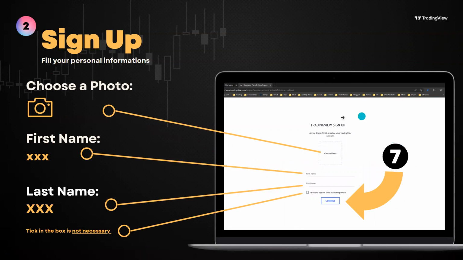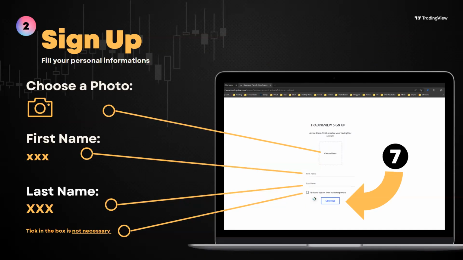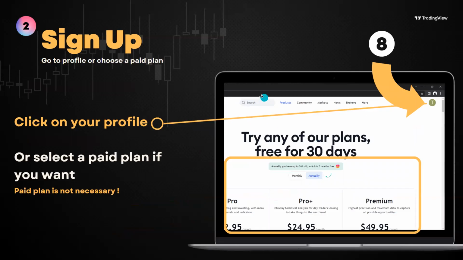Next step is you go back to TradingView here, and then you can choose a photo, right? Your real photo from your face, maybe, or your logo, your pet. It's up to you. Then your first name and the last name. This tick in the box is not necessary to get marketing emails. I hate these emails, so it is not necessary to click. Make sure you don't have a tick in this box here. After that, continue. And then you will follow here to this area, and this is